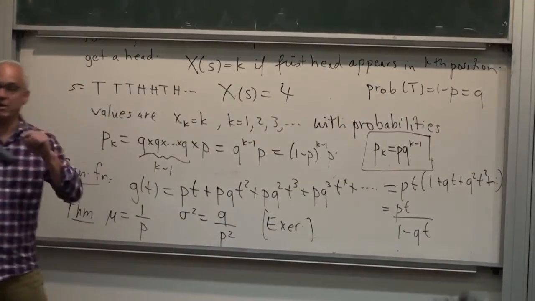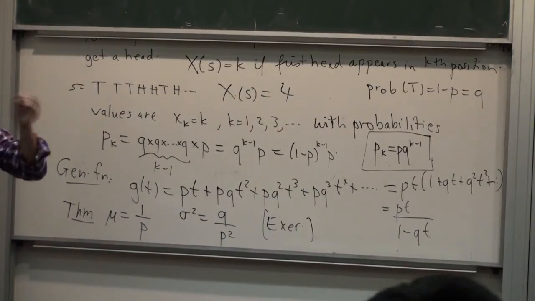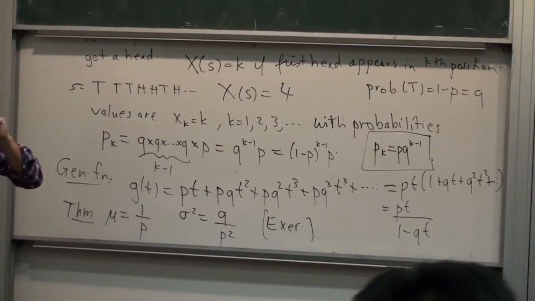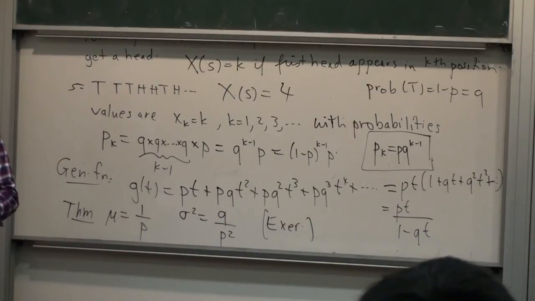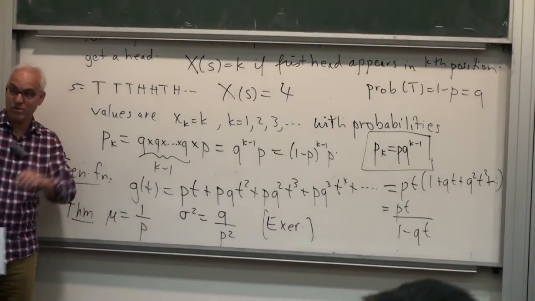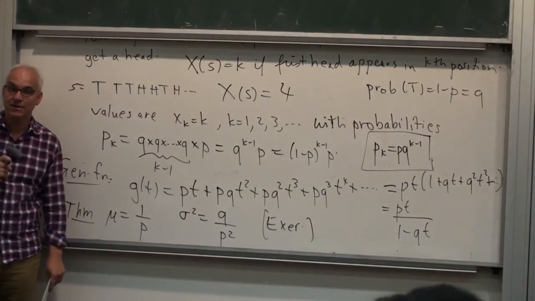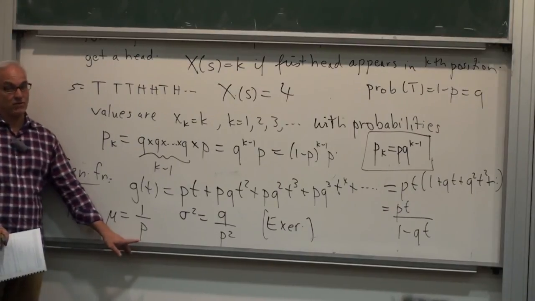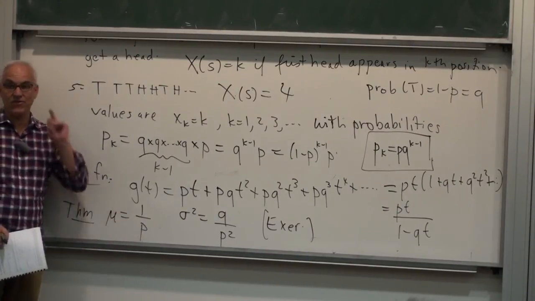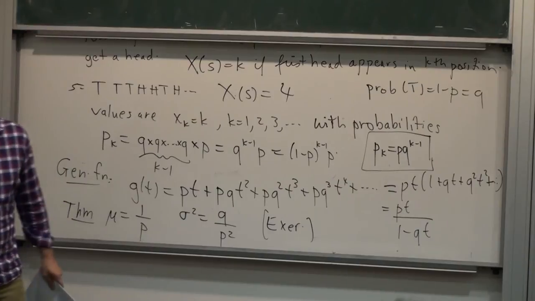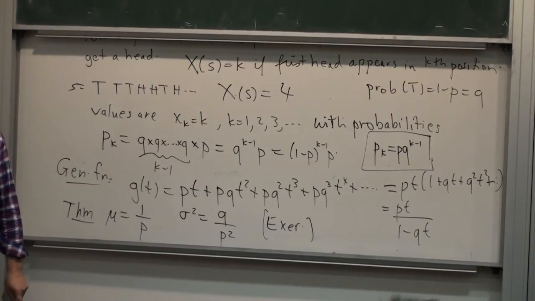In particular, if p happens to be 1/6 and you're playing Trouble, so you're really only interested in whether you get a 6 or not, the chance of getting a 6 is 1 out of 6. It's like tossing a coin that's a 1/6 weighted coin. This is telling you that the expected value, the number of times that you should expect to have to roll before you get a first 6, is 1 over the probability. The probability is 1 over 6, so you're going to get an expected value of 6. So you have to expect on average that you're going to have to roll 6 times to get that first 6.